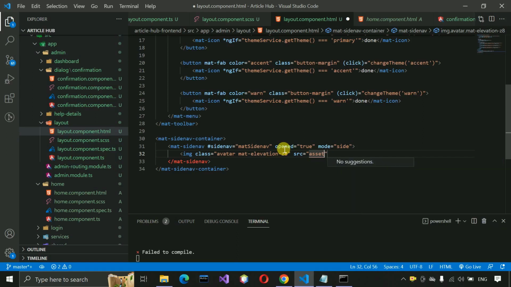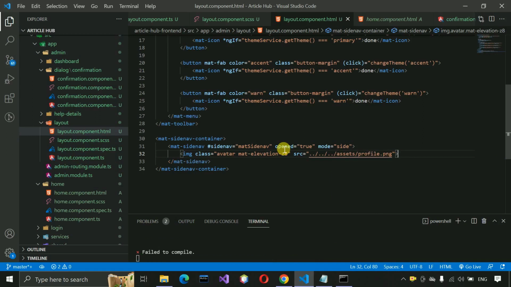We can also choose this way to get inside the folder. Here you can see by writing this, after that assets, then profile.png, then close this one, save this,